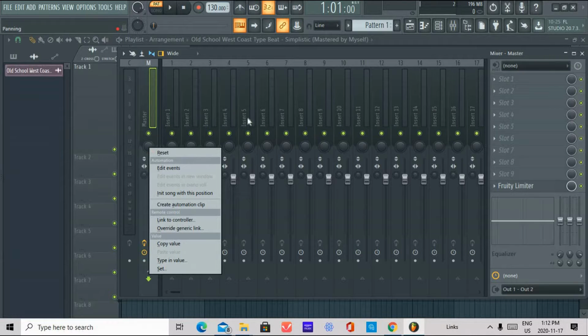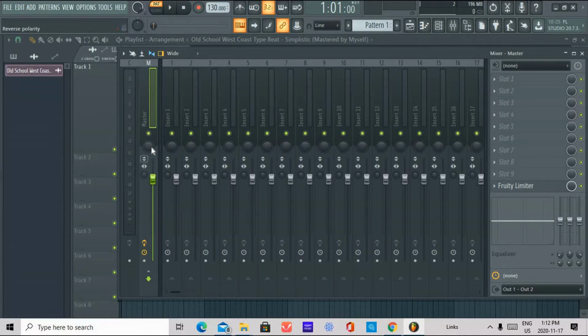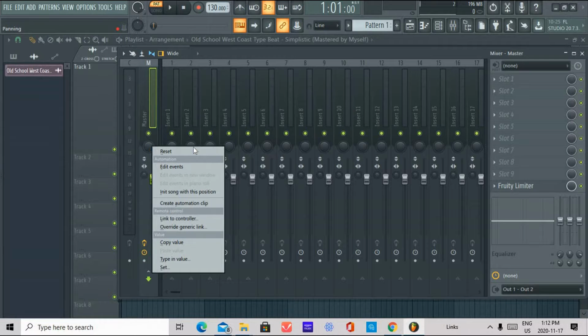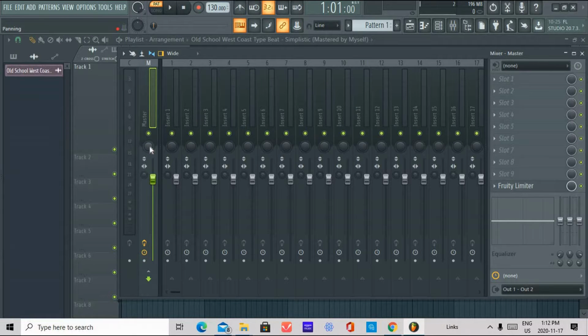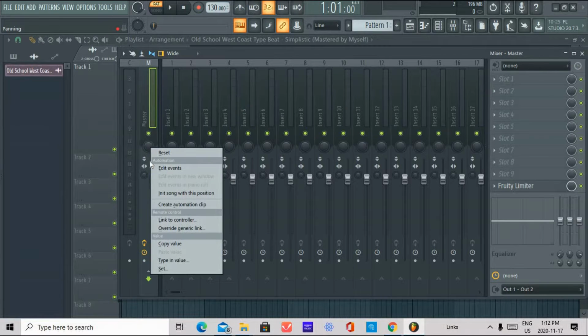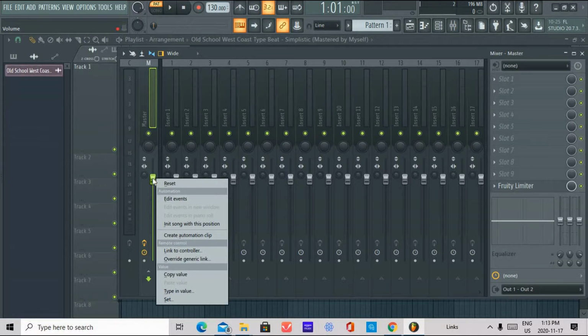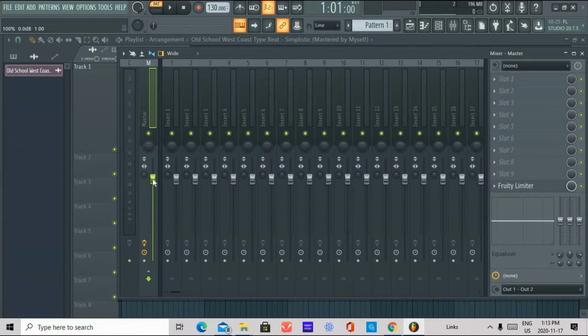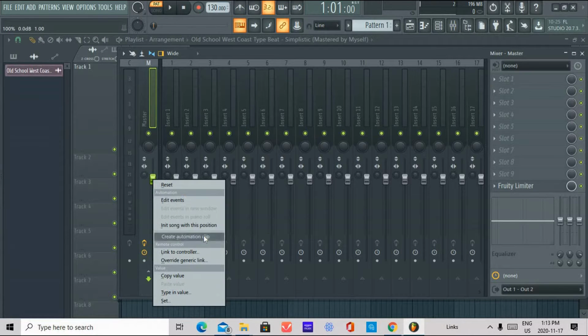You can really do this to any of the tracks if you want to. Then you right click on this thing on the track. I think you can actually, oh no, yeah, you have to do it right here. Oh no, you have to click on this slider. You right click and then create automation clip,